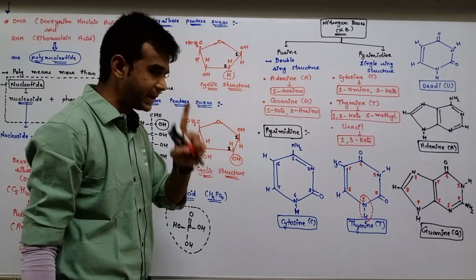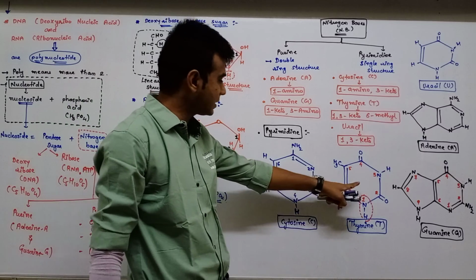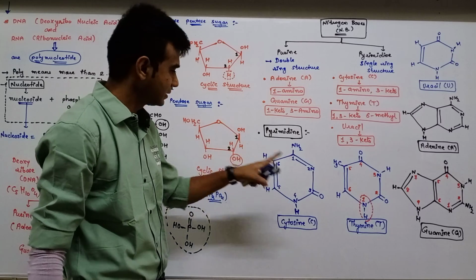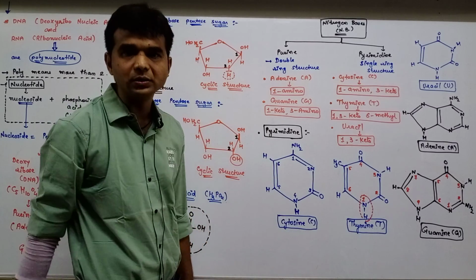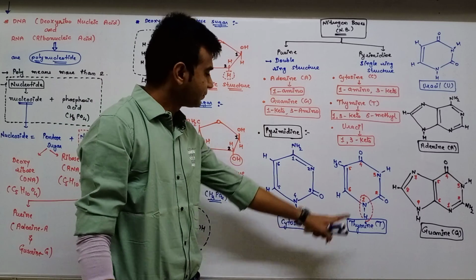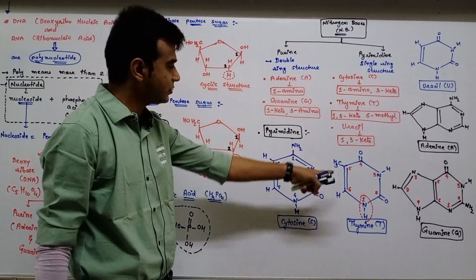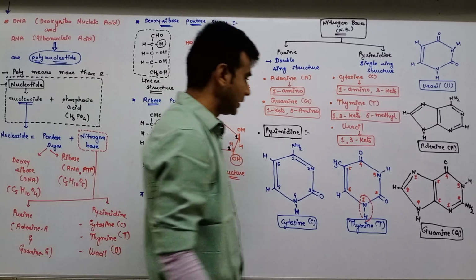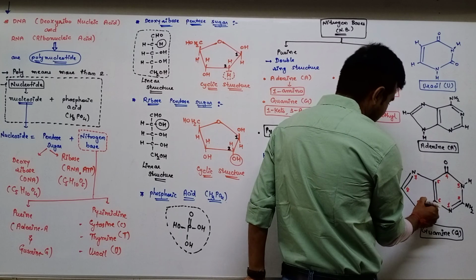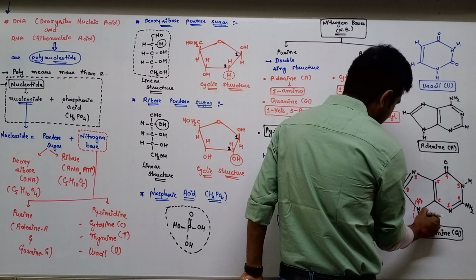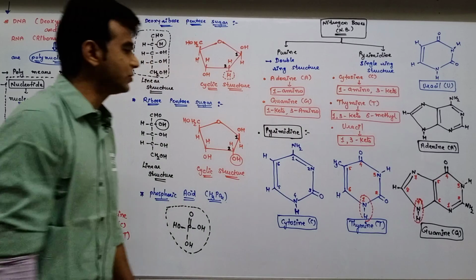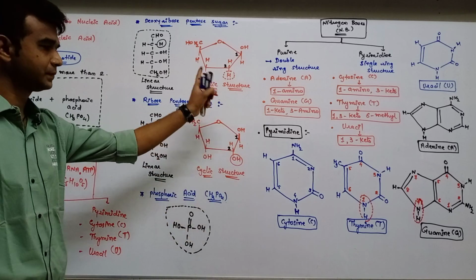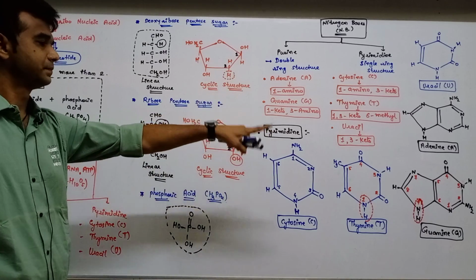Okay, so here, yes, you are thinking that sir, you are showing the thymine attached with RNA. Yes. Is it possible? No way at all. But I am just telling you that first number of nitrogen of the nitrogen base is attached with the first number of the carbon. And here, what about the purine nitrogen base? 9 number of the nitrogen attached with the first carbon. So here 1, 1 and here 1, 9.